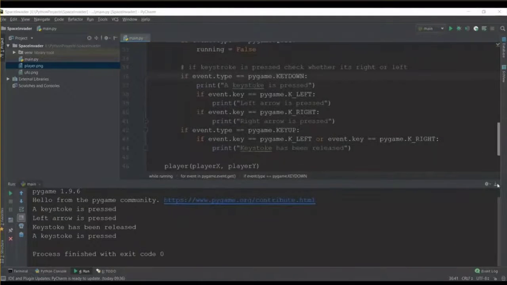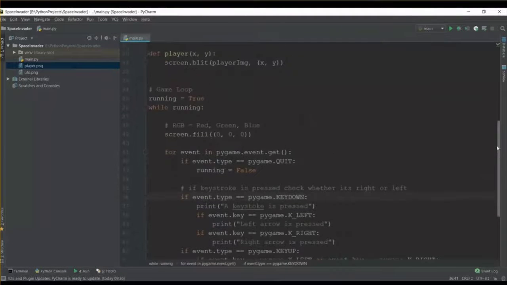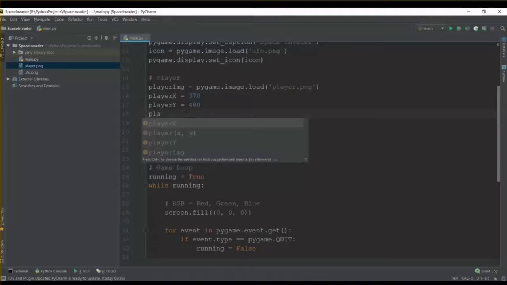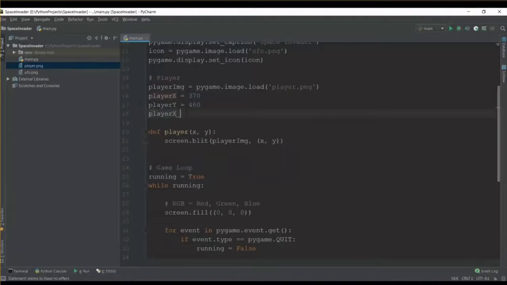So now we can just minimize it, and we're going to create a new variable over here, and this will signify the change that we want in X. So if we want the X to move in right hand direction, we need to add value to this existing value, and if we want it to move on the left hand side direction, we need to decrease value from it. So I'm gonna create a new variable and call it